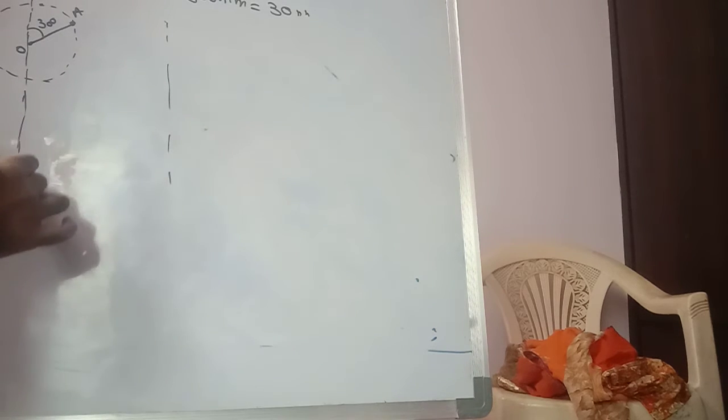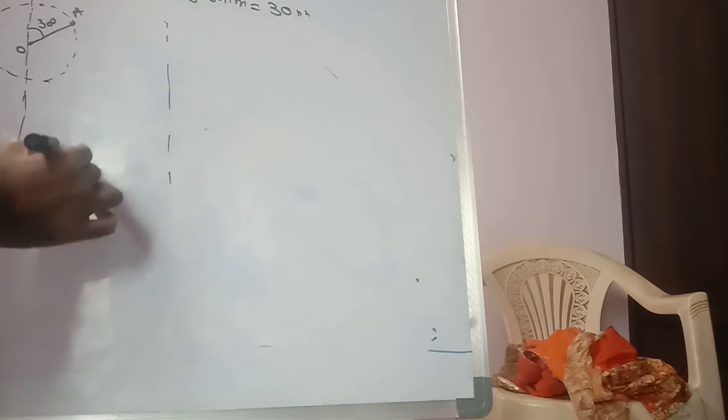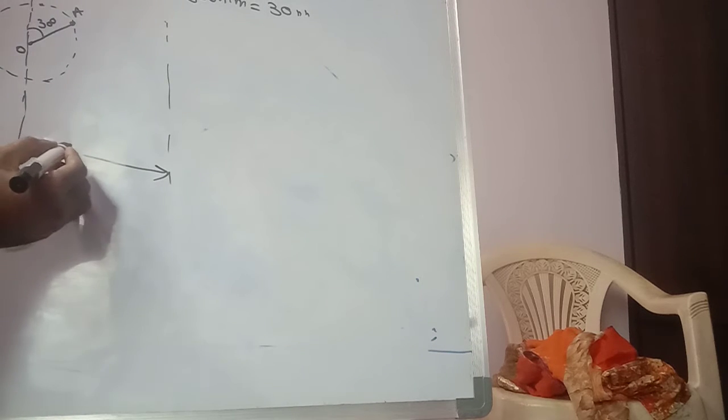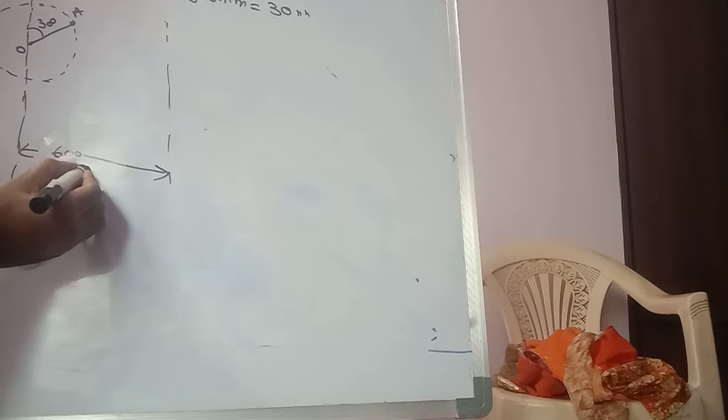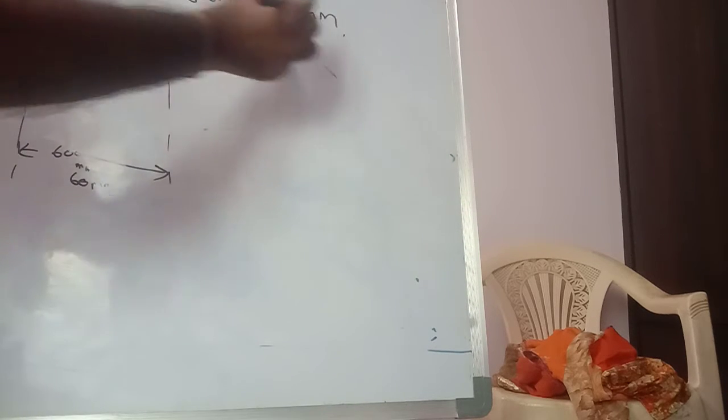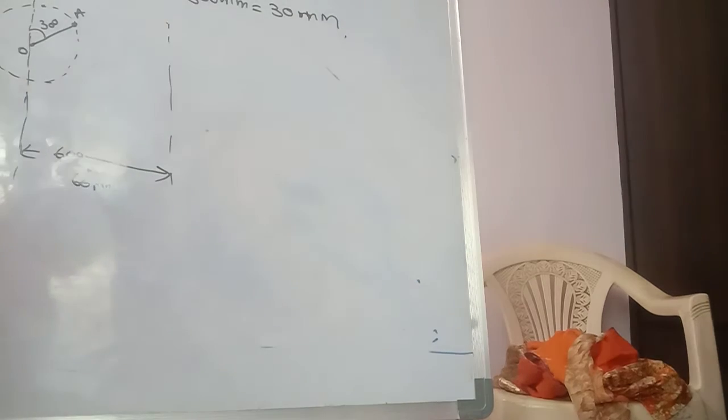Because it is a crank, you have to draw a crank. Now, this is the vertical line. You draw another vertical line. In the figure, this length is 600 mm. By taking the scale 10, that is 60 mm. Here I am mentioning the actual dimension 600 mm, but we have to draw only 60 mm because we are taking the scale as 1:10.